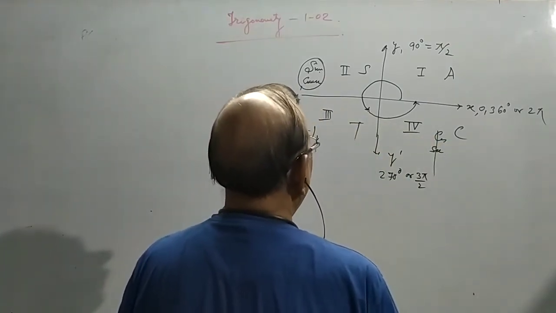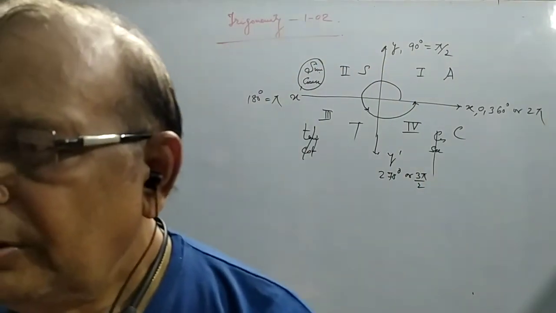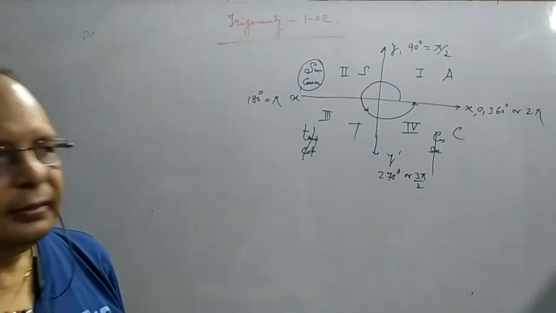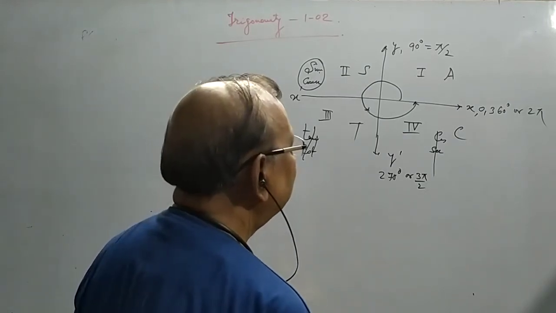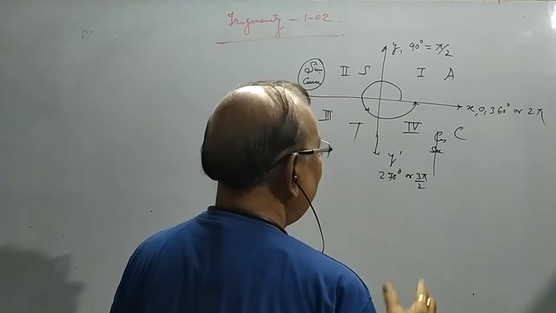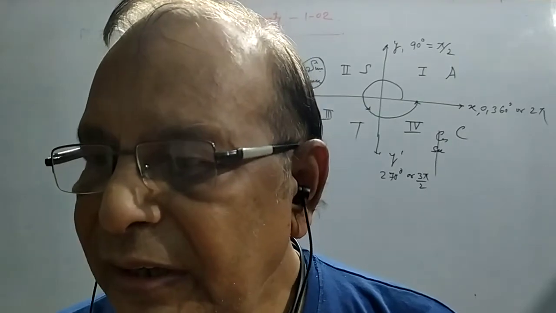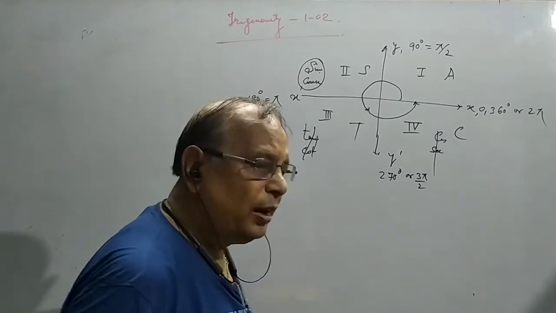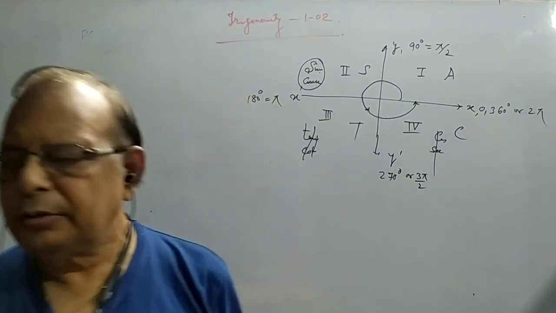Now, first of all, if we consider the trigonometrical ratio, first of all, we have to locate the signs. Signs we have to observe accordingly. Now, if angle is 240 degree, first of all select the quadrant. 240 lies in third quadrant. Therefore, sign will be standing for third quadrant.